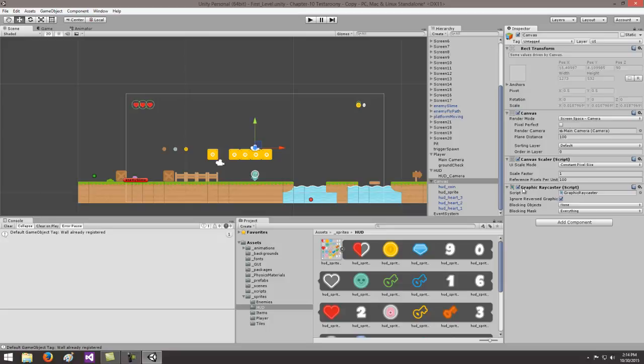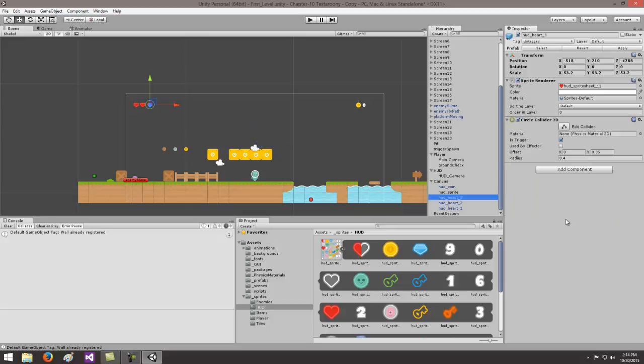Now, if you want everything lined up perfectly, when you click on your hearts, you can say, okay, this is going to be minus 518, so then I need to subtract 5 to go to heart 2 or 20 or whatever it is, and have them evenly spaced. I'm just doing this one by eye,